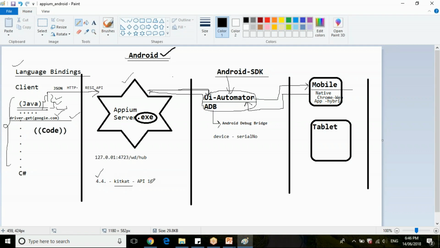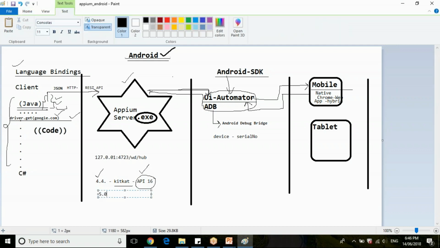But in your Android SDK, when you go to the platforms, you will have an API level, such as API 16. Now let's say suppose you have Lollipop here. Lollipop is the name of this 5.0 version, and it is API level 18.